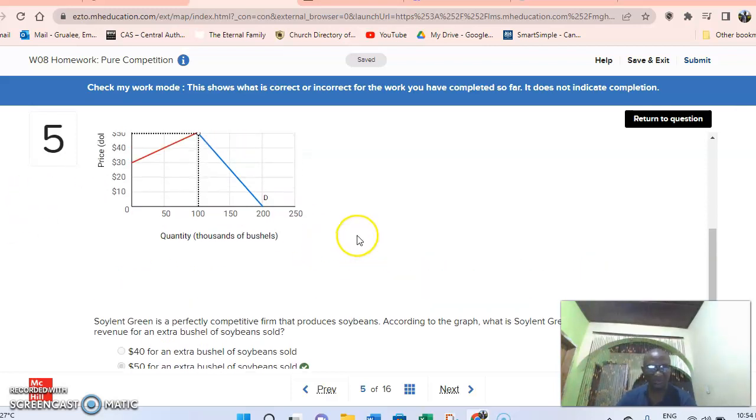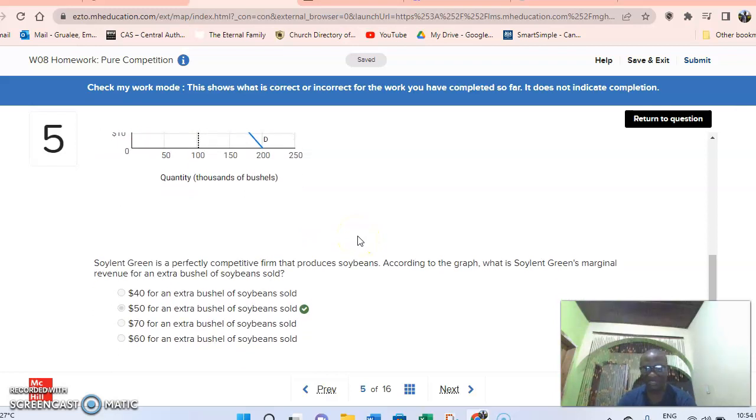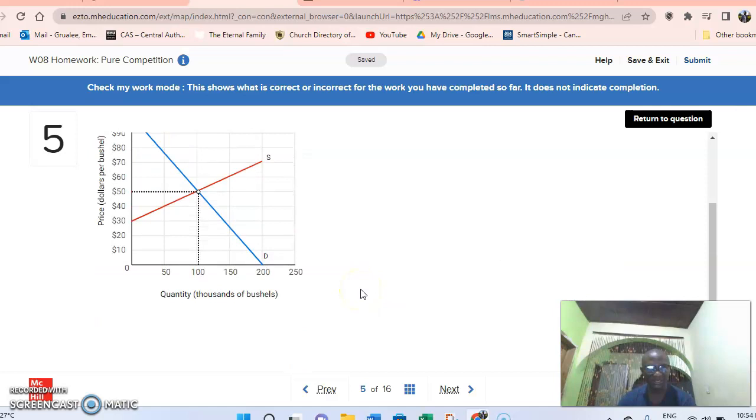So marginal revenue, whenever you have a marginal revenue, you need to take the price divided by the quantity. So you know the price here is 50, and the quantity would be 100. So 50 times 100 would be 5,000. So you will have the revenue to be 5,000. Since you have just one price, the 5,000 divided by